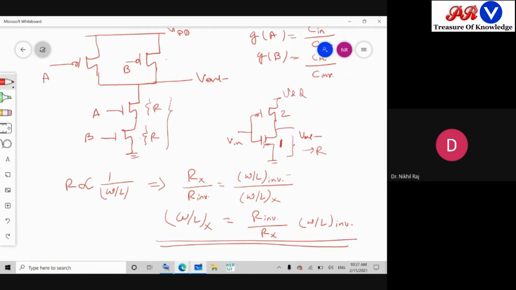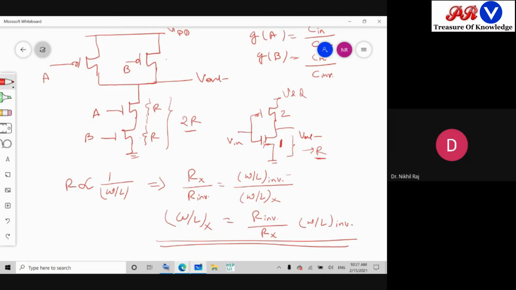I mean, simple, two resistances are there in the path. Is it series or parallel? Series. Series, yeah, good. It is in series. So total resistance will be 2R. But the requirement was only R, and here 2R is coming. So what should be the device dimension such that it will satisfy the relation of the pull down condition?